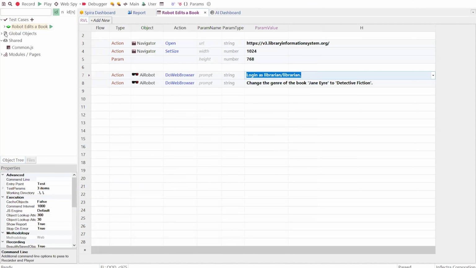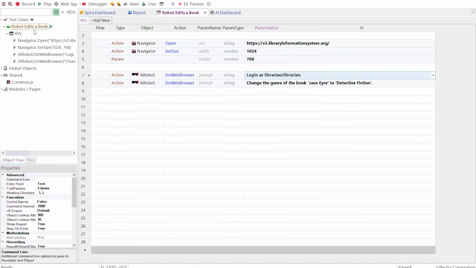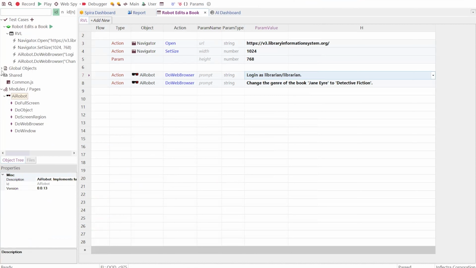And just to prove it, if I go here, there's no objects. They go under the RVL. If you use our old version of Rapise, or the traditional version, you see a bunch of page objects here. If you go into modules pages, there's nothing there either. So we don't need to have all the page objects, all the XPath, all the CSS. All the traditional ways of doing test automation are now being replaced by something that can interpret and see on the fly